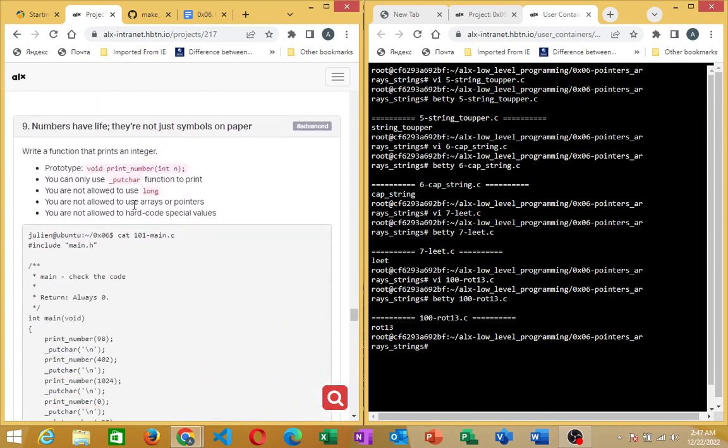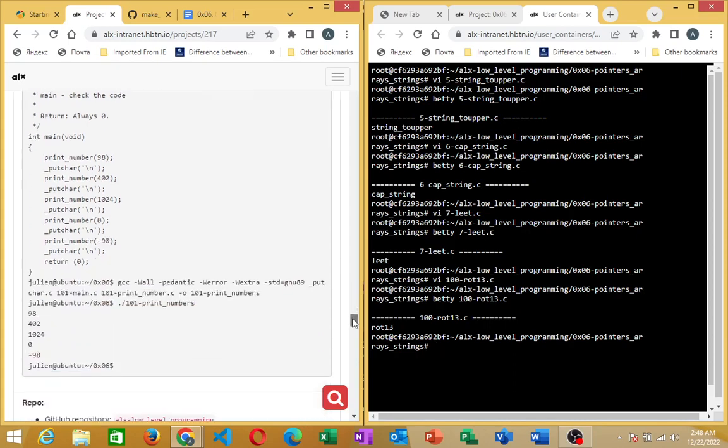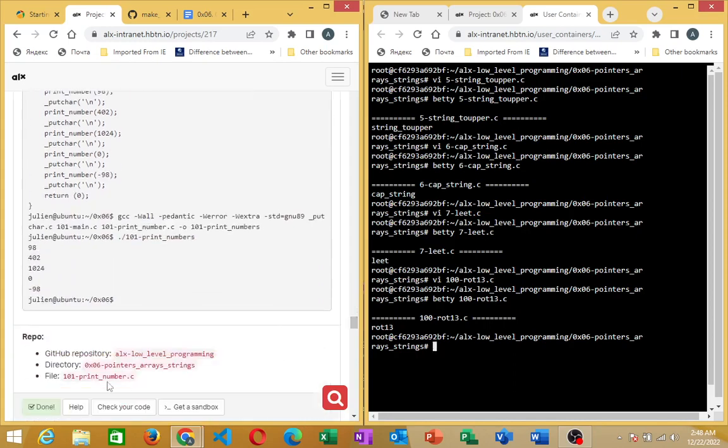It says write a function that prints an integer. Prototype this. You can only use the _putchar function to print. You are not allowed to use long. You are not allowed to use arrays or pointers. You are not allowed to hand code special values. Alright, so again, I'll come down and copy this